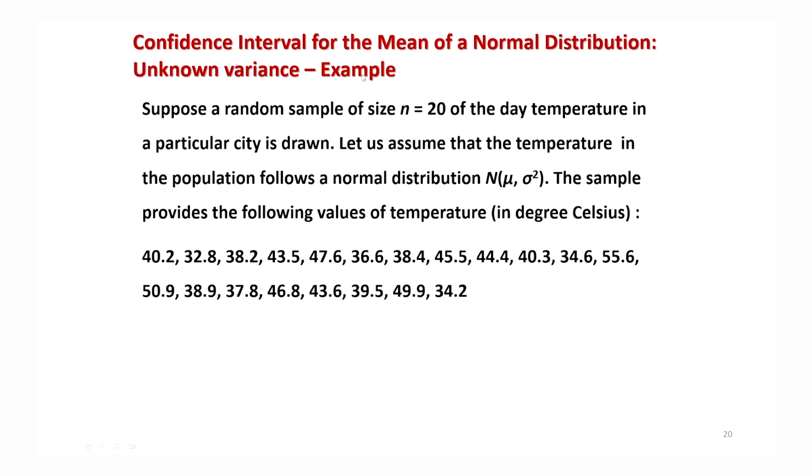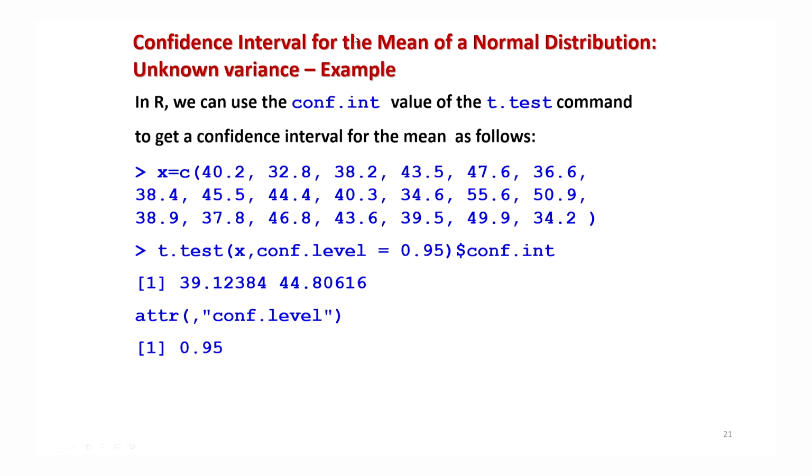So I now consider the same data where we have considered the temperature on 20 days in degrees Celsius, and now we would like to find its confidence interval. In order to find the confidence interval in the R software, that is the confidence interval for mu, where sigma square is unknown and the population is drawn from a normal population, in a univariate case, the command here is conf.int. This can be used along with the previous command t.test.